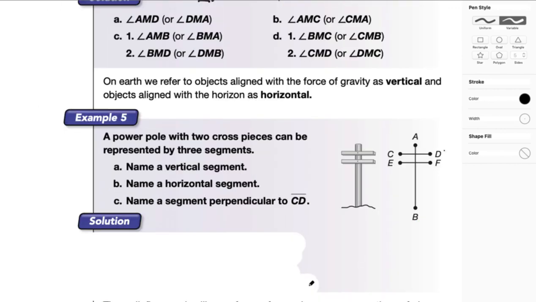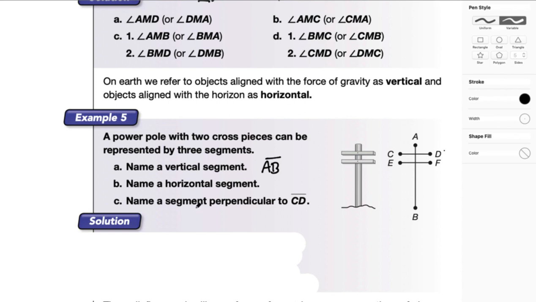So here in example 5, let's take a look at what we've got. It says that a power pole with two cross pieces can be represented by 3 segments. Name a vertical segment. And so a segment from here to here is vertical. Vertical means going up and down. I always get them confused, but vertical means going up and down because we think of our vertebrae and our spine, which goes up and down. So that's how I try to remember. So name a vertical segment, and that would definitely be segment AB,